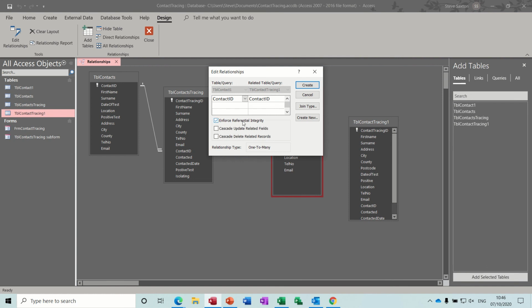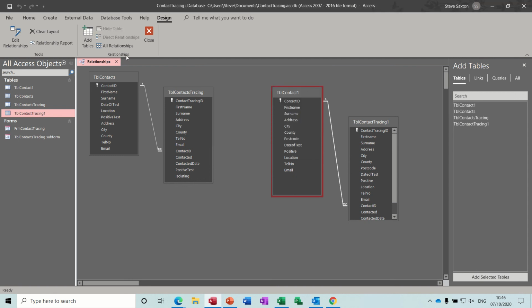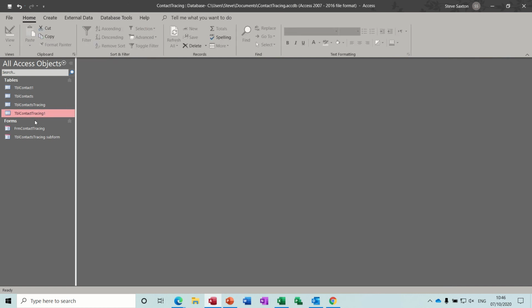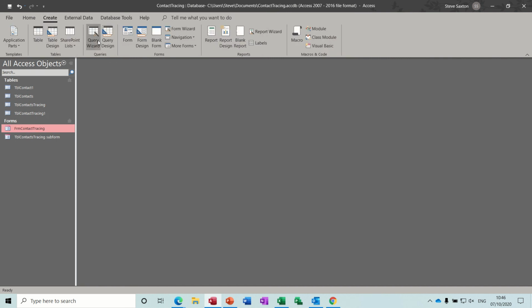Enforce referential integrity. That means you won't be able to create a contact in this tracing table if the contact does not already exist in this table. Stops you creating orphan records. Create. There's the link. Save. Close. So now when I create a form, I need to create a form,